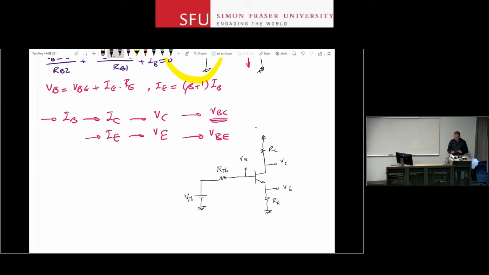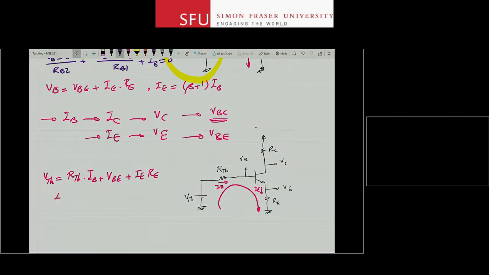Okay? Now why do I like this circuit? Because now I can write one KVL here and be done with it. How? If you write a KVL here, this is IB and this is IE. V Thevenin, assuming the device is in active region, V Thevenin is R Thevenin times IB plus VBE plus IE times RE, right? And again, I know that IE is